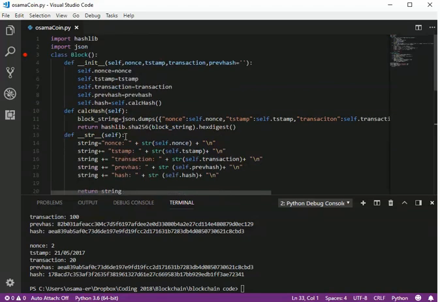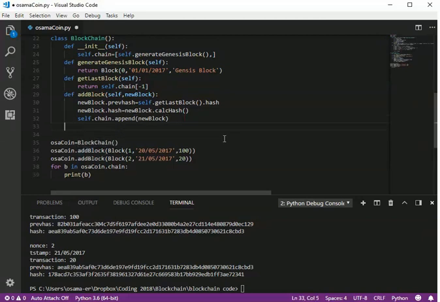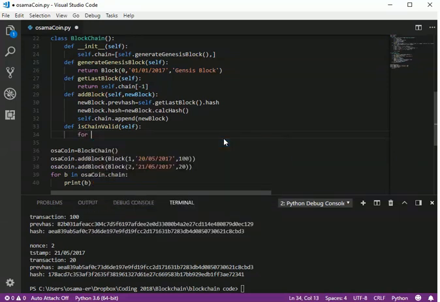For now, we have implemented the block and the blockchain, and we have added some blocks to the chain. What about if we want to check if the block is valid or not? We want to know if the block is valid or not. So we have to define another function called isChainValid, and it takes no parameters, and we iterate on all the blocks